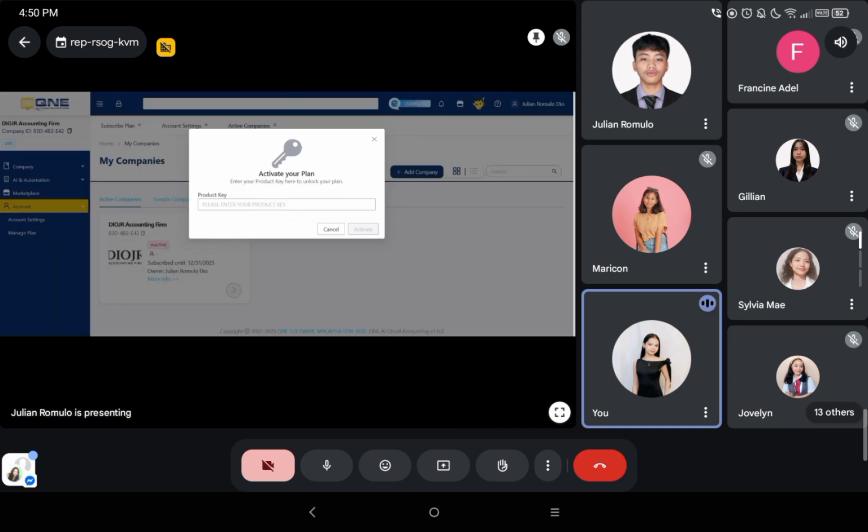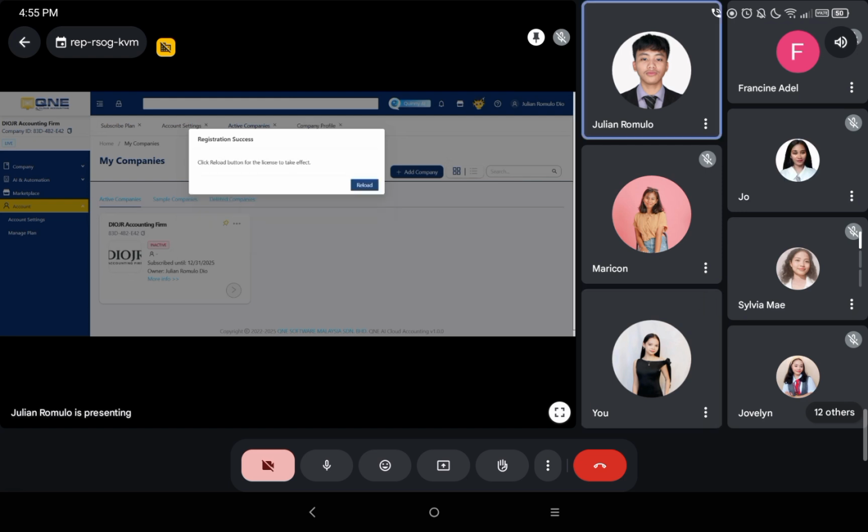You will need to enter the product key or serial key provided by your teacher and click Activate. After that, a message will appear showing that the activation was successful. Click Reload button to start your training.